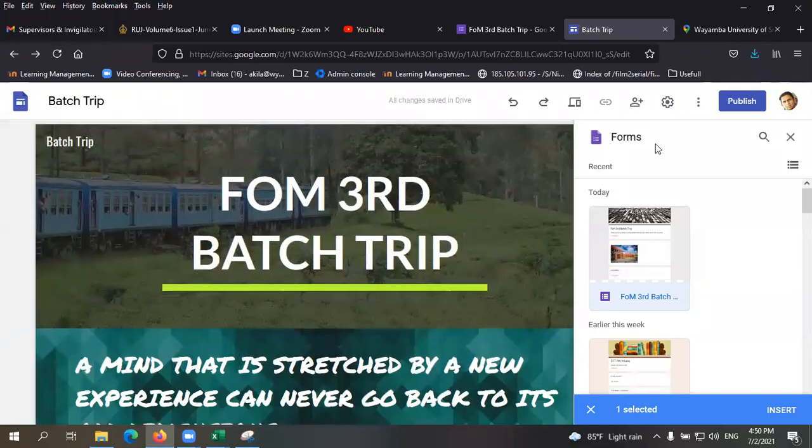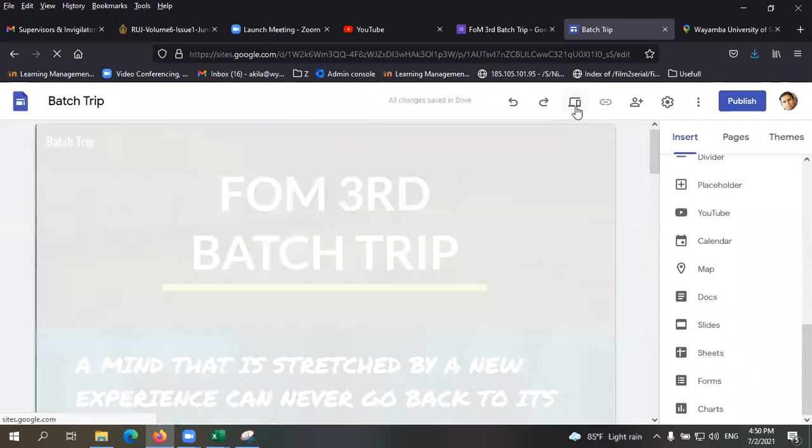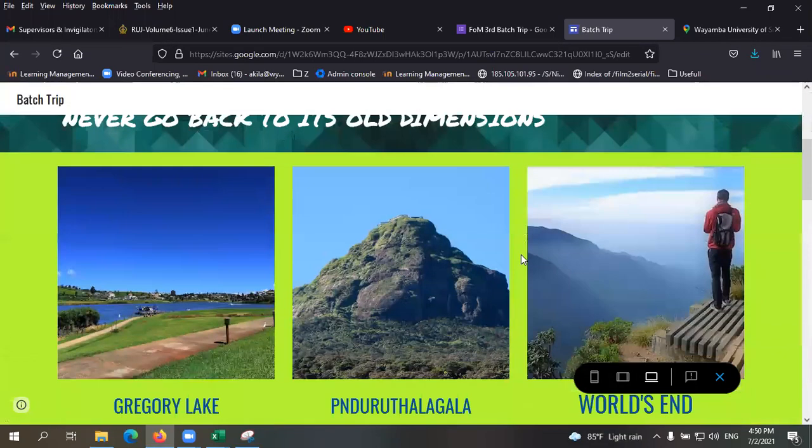Right. Now, after editing or developing your website, you can publish it. Before publishing the website, you can see how it will appear on other devices. You can click here and see. So this is how it appears on a computer or laptop.